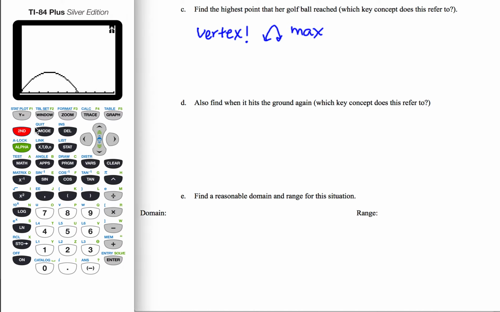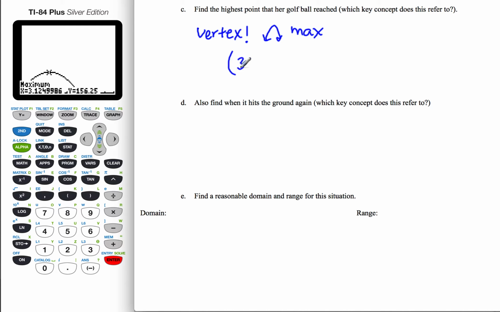So I'm going to go to second, calculate. Maximum is number 4. Remember, we want to get over to where we think approximately it is. And then left bound, we want to hit, let's see, there, it looks like my vertex. So left bound, I go 1, 2, press enter. Back over to my vertex. Right bound, I go 1, 2, enter. And then my guess, I hit enter. So for a maximum, I got 3.12,